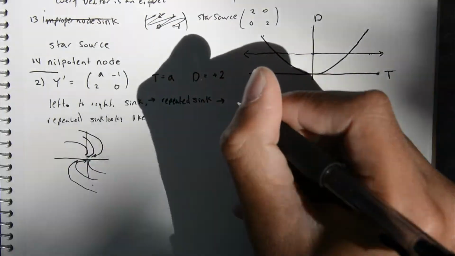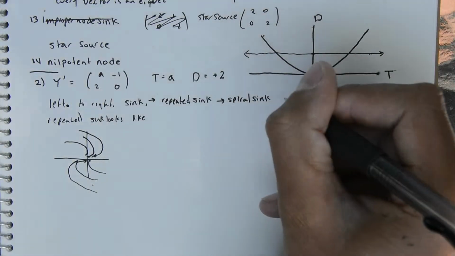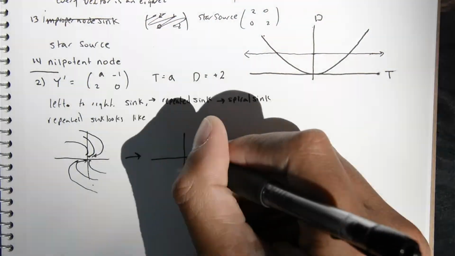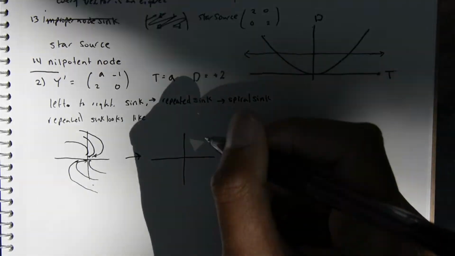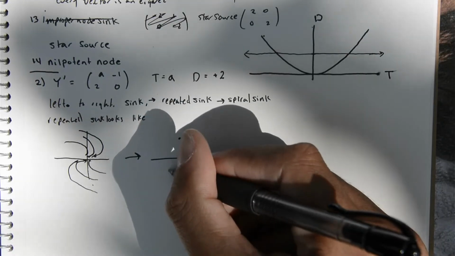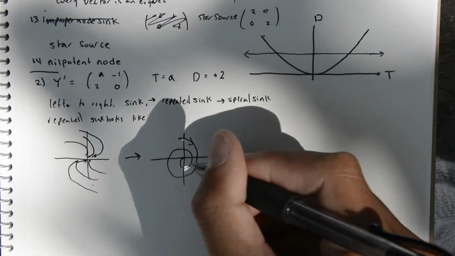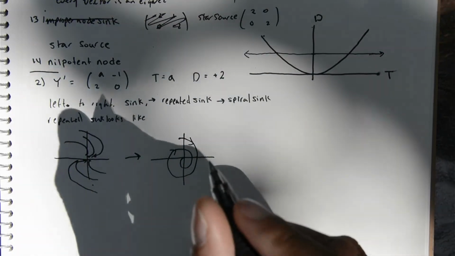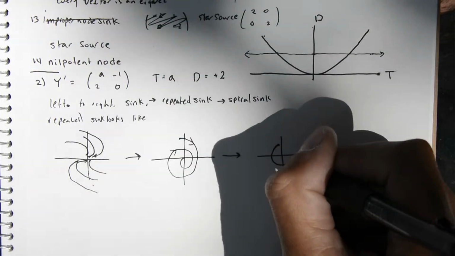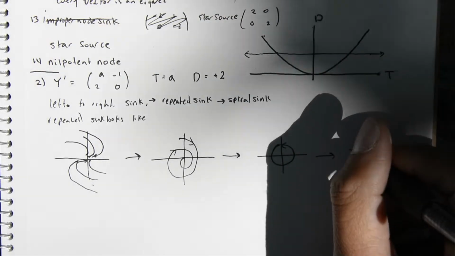Then we're going to go to a spiral sink, where we get no real eigenvalues, but we're going to get like stuff like that, where this is going this way into the abyss. And then we're going to get a center, and I don't know if it's clockwise or what, but we just draw it like that. And then finally we get a